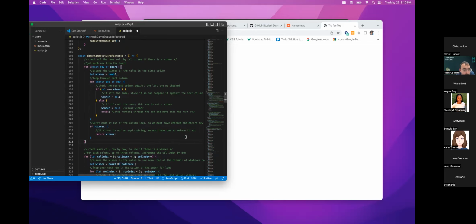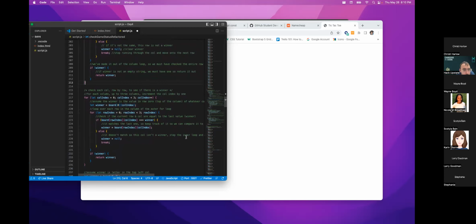Okay, so no problems there. Now we do our column index while it's less than 3, row index. And what do we do with row index? We don't do anything with row index. We don't even add one to row index. So every time this loop runs, we do nothing with row index. So for this last one, compare this one to line 217 and see what the difference is. Oh, the plus. Yep. Because that section of the code is telling it how much we want to increment the row index by.